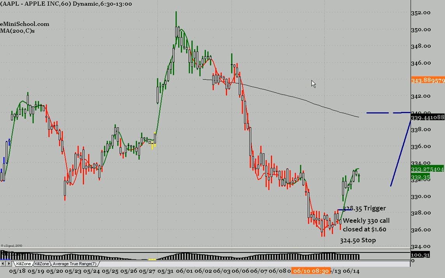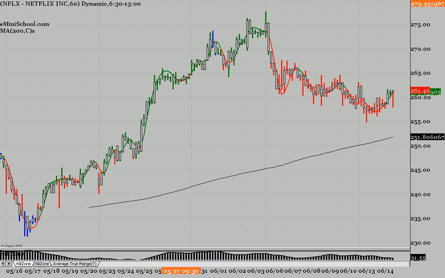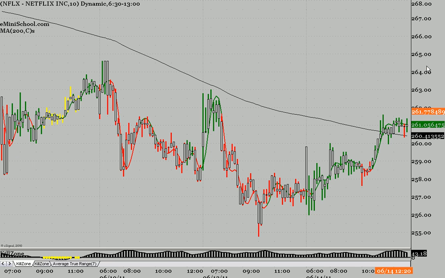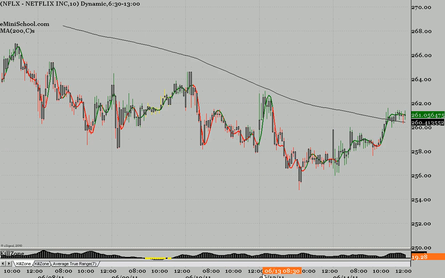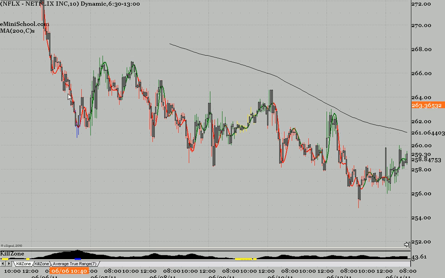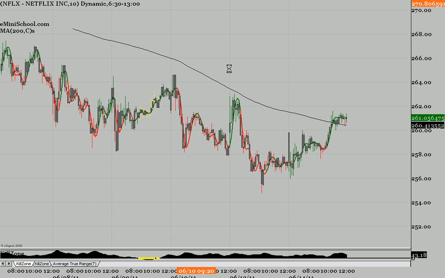We're still in that. Let's look at Netflix. Netflix was another one I was going to post on the blog, but since it's a free blog, I don't want to make it too complicated for people that are following along. But all of these waves are corrective, which means we should resume back up. Okay, so when I look at Netflix,